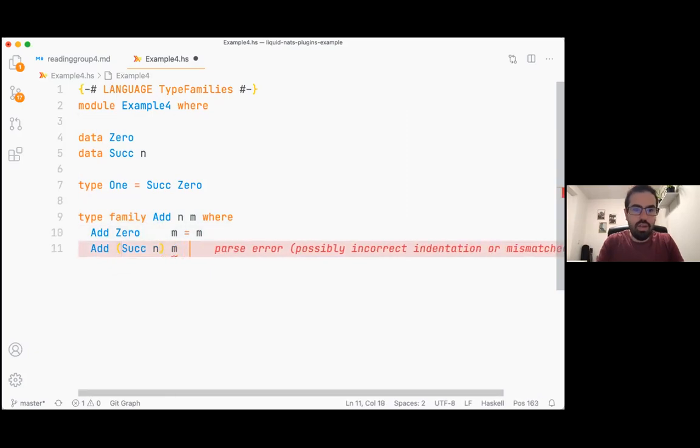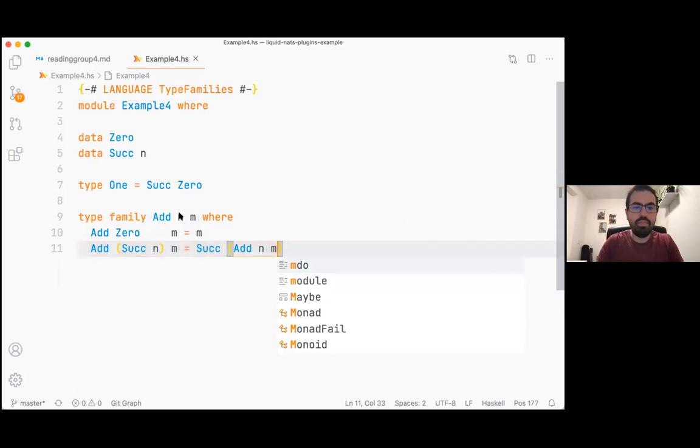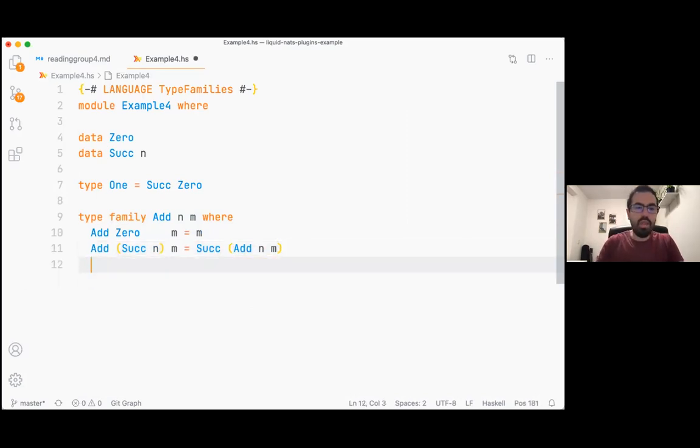Successor m is successor of add and m. So this is a type family you can use. And another way to do this is to have a type class. And when you have a type class,